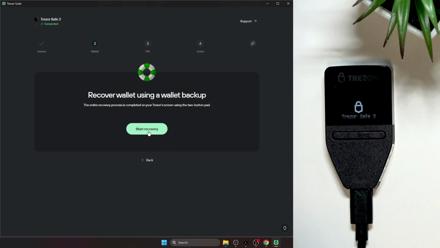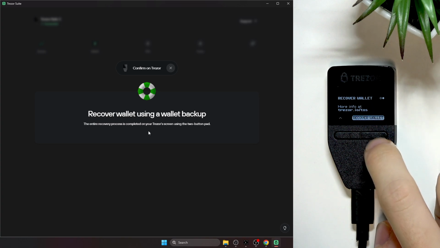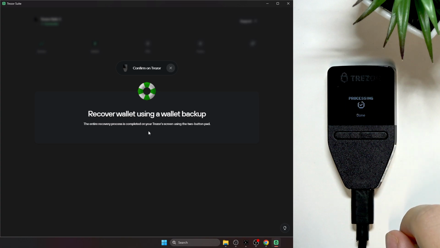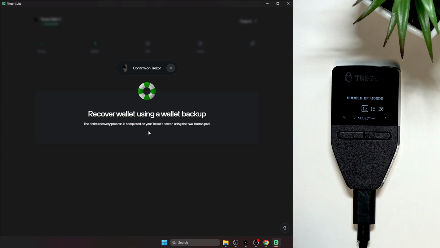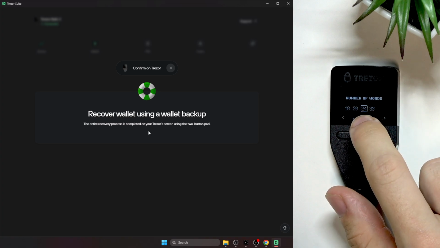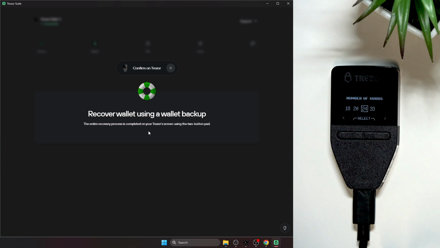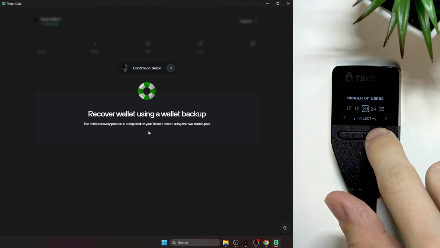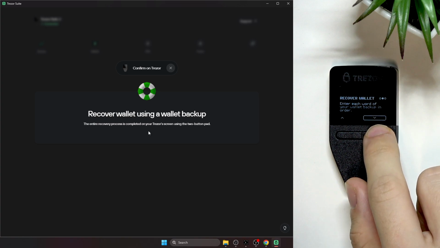So let's start that, then start recovery, and now I'll need to confirm it on the device, then click on recover wallet. Now it will start processing, and then you can just select the number of words in your backup. So let's click on continue, and so we can select, like in my case it will be 24, but of course if you have a different amount, then select that. If the recovery phrase was generated on the Trezor, then most probably it will be 20, but I have 24, so I'm gonna select that, and then I'm gonna go down